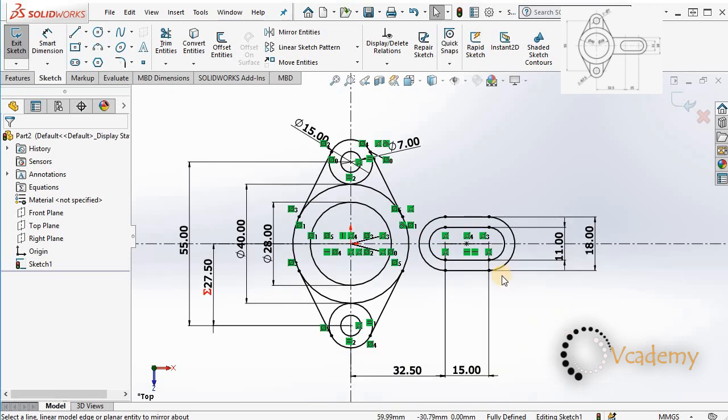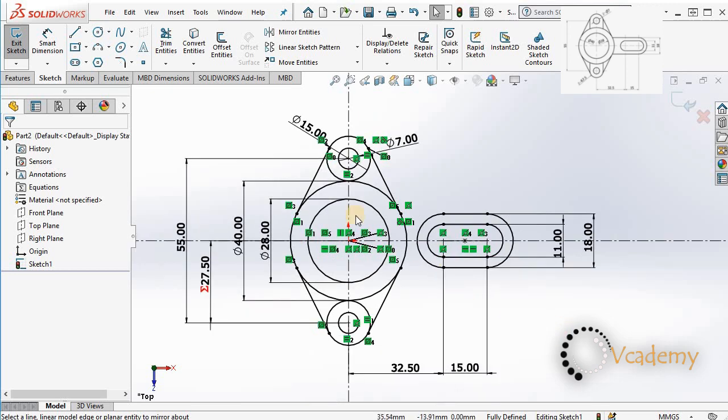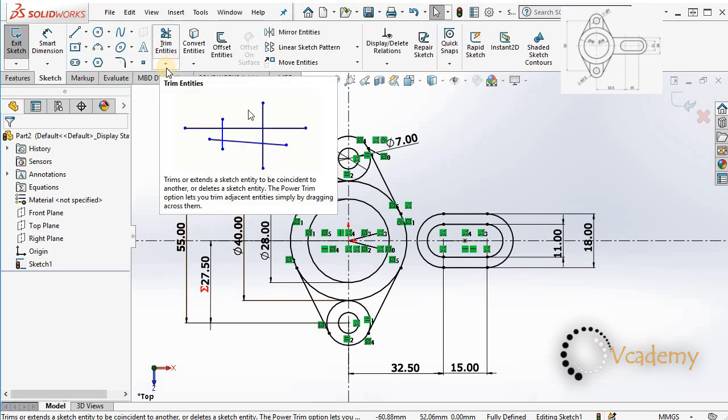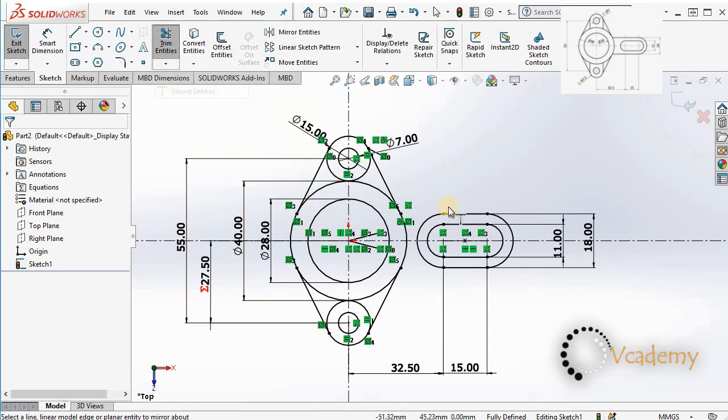So what do we do? We can create a line and then delete this, create a line again and delete this, but we don't want to do that. We want to make our life simpler. SolidWorks gives us a lot of tools to do that. So what we will do is use extend entities,